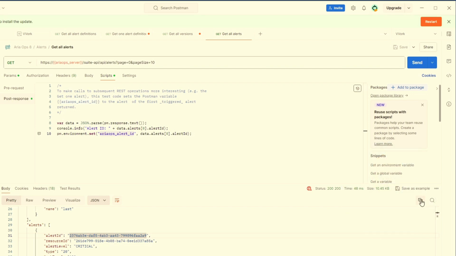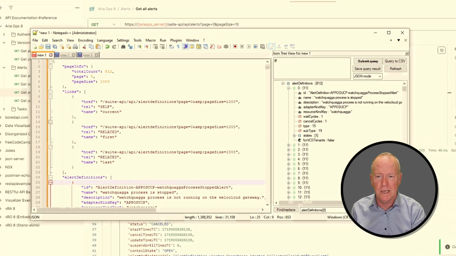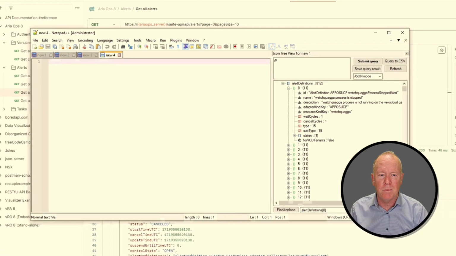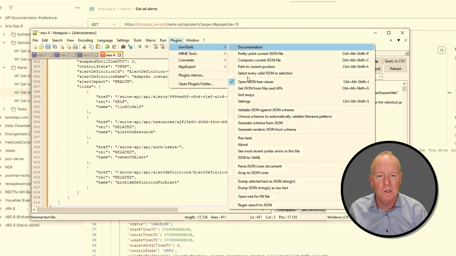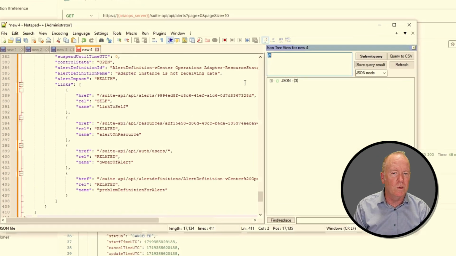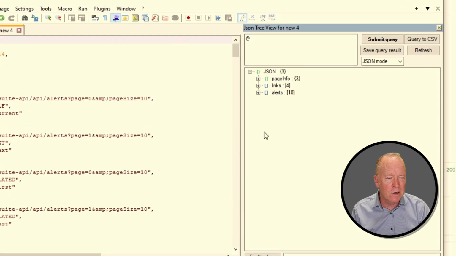So to do this, I'm going to copy our response body and take it over into Notepad++. I'll open up a new tab and paste it in. So that we can understand the structure here, I'm going to open the JSON tree viewer. And as you can see in the tree viewer, we've got the same first two elements that we've